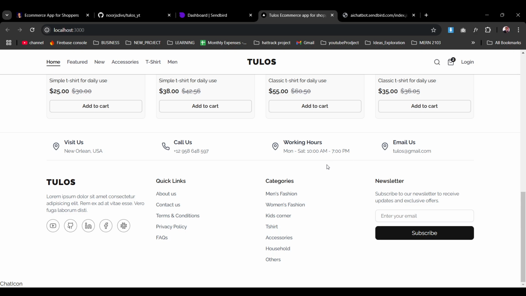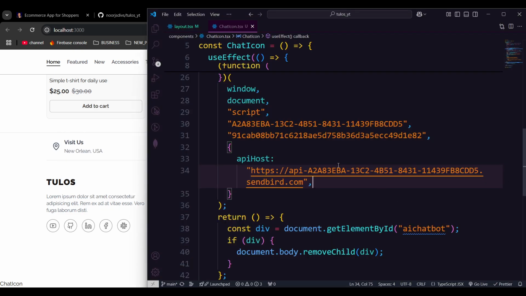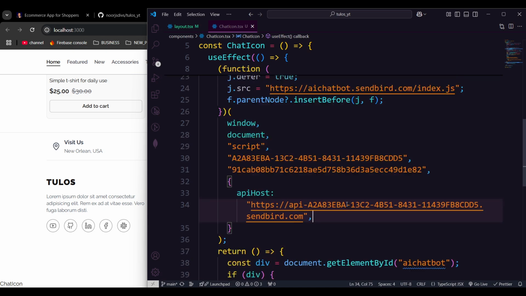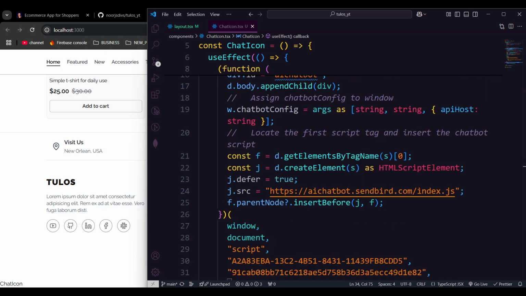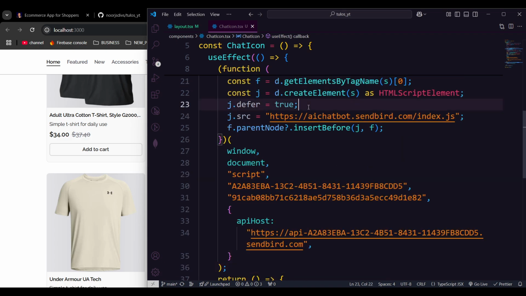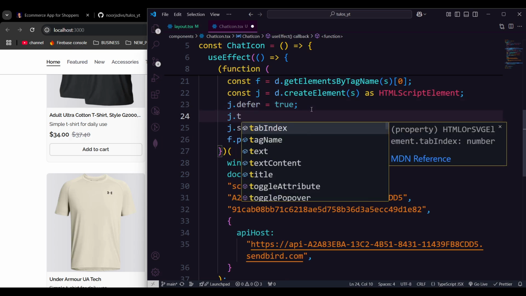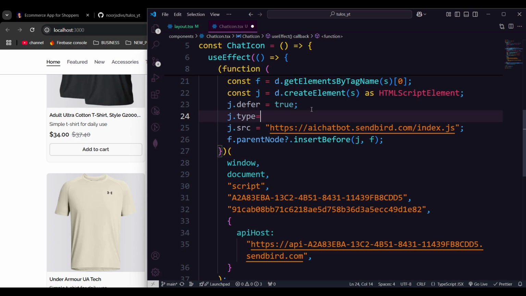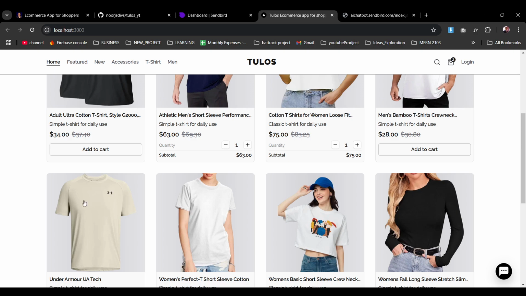No, it hasn't come yet, which means we missed something here, and we need to find out which parameter we messed up. If we go to the top, yeah, we made j dot defer true, but there is another parameter we need to pass: our type. This type should be module. So that's the one we were missing from here. If we save the module here,